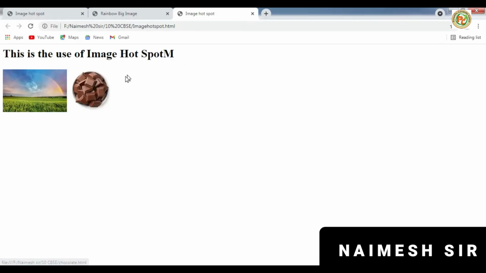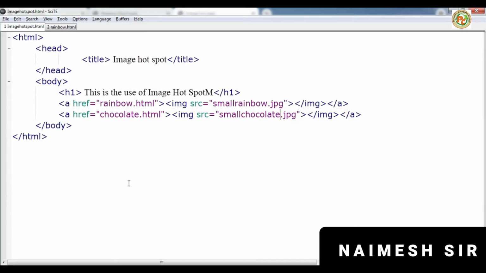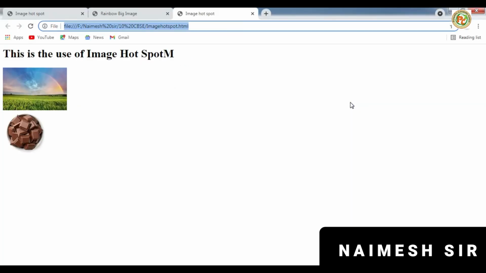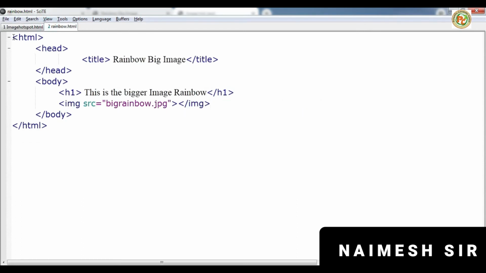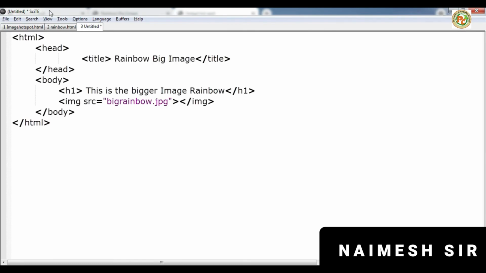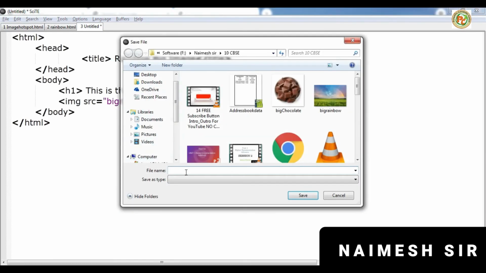Now press Ctrl S and run F5. Here it is. But we haven't created this file, and we want to take it into a new line, so after this we'll use the br tag so that it appears on a new line. Now we have to create the third file, like rainbow. We will create a new file for the chocolate, save it as chocolate.html.